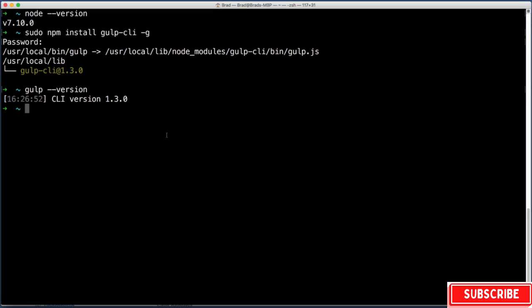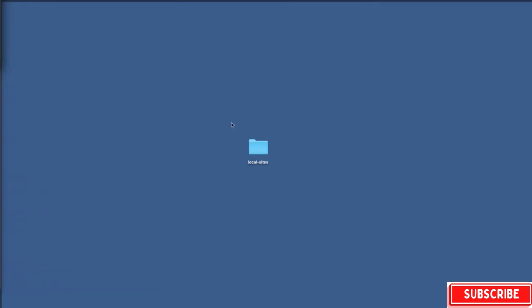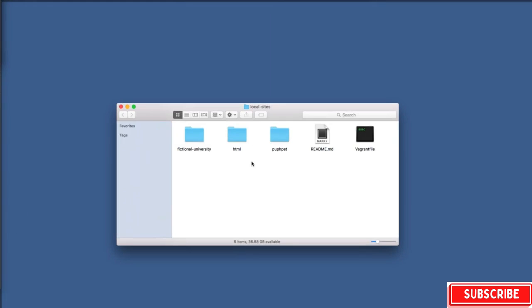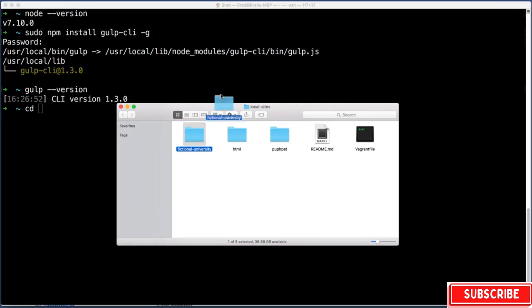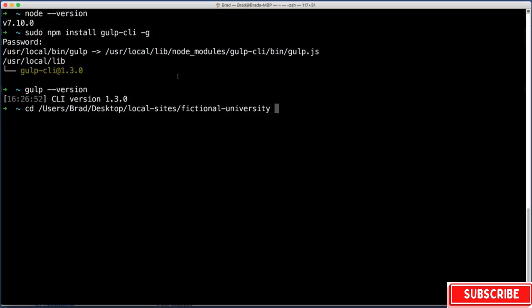So cd for change directory and then a space, and I don't expect you to type out a folder path here. I'm more of a drag and drop person. Drop the folder on top of this window. So what folder am I interested in? Well, within your local sites folder where our WordPress project lives, dig into that folder and then see this folder named University. I want you to drag that folder on top of the command line and then press enter. Okay, and now our command line is looking within this fictional university